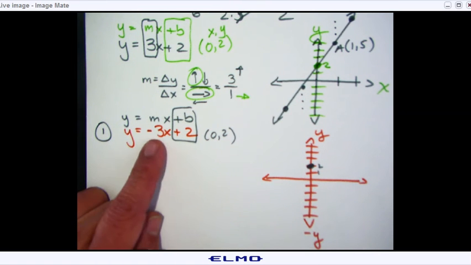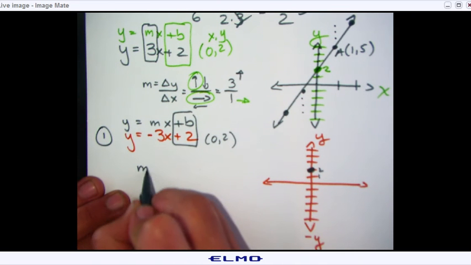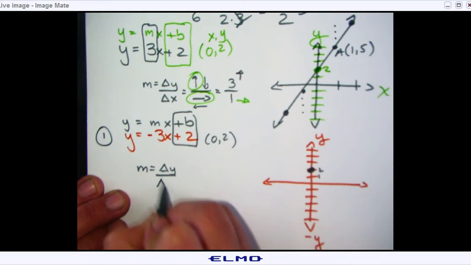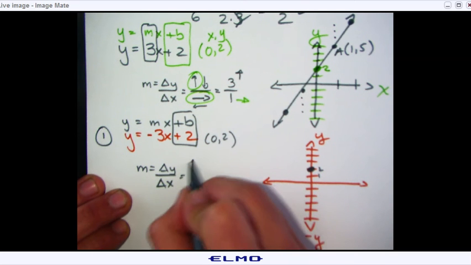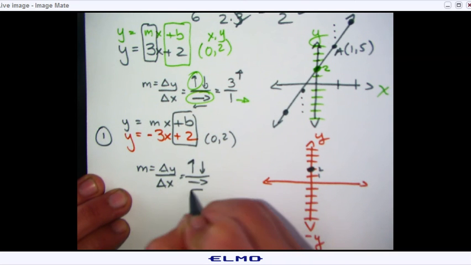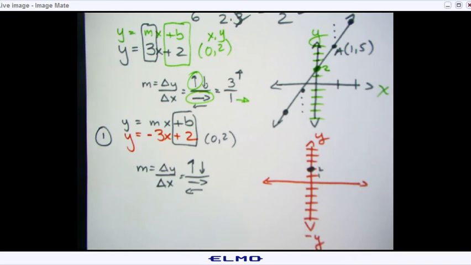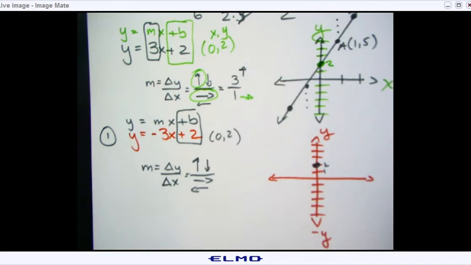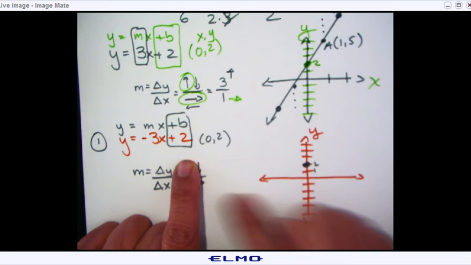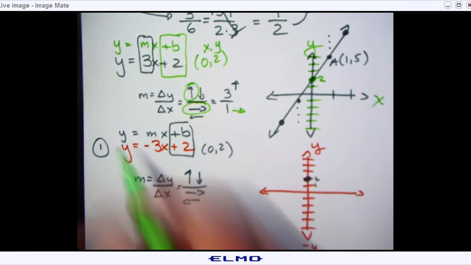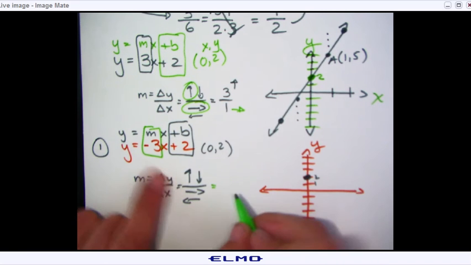Now we got to move it, the m. Go ahead and do the same thing as the other one. Change of y over change of x, rise over run. All right, cool. So now what are we going to put? Okay, so here's the tricky part. We know that the first one had the same starting point, right? Now we're going to move it. Now it's the m's turn, which is called the slope, which is